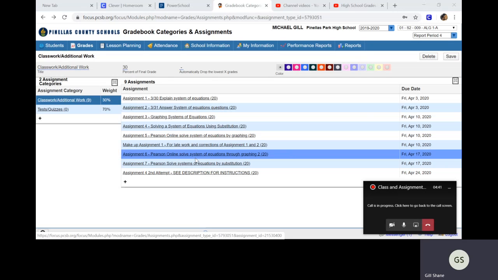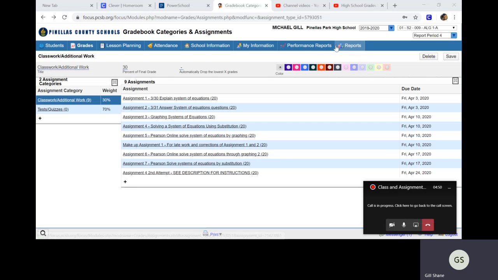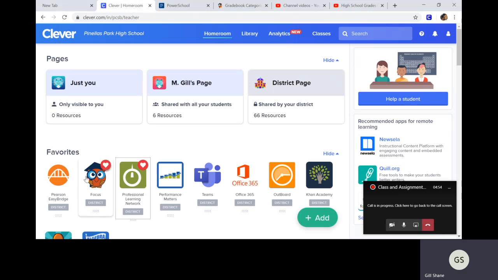So let's look at the assignments for this week. This is a Pearson assignment. A lot of the assignments are Pearson assignments. That means you need to go to the online book. There is a video on how to get to that, but just the quick version: if you go to your Clever, this is the online book right here. You may have to do some setup stuff when you first open it, like just choose an icon and do some other stuff. Once you do that, though, you